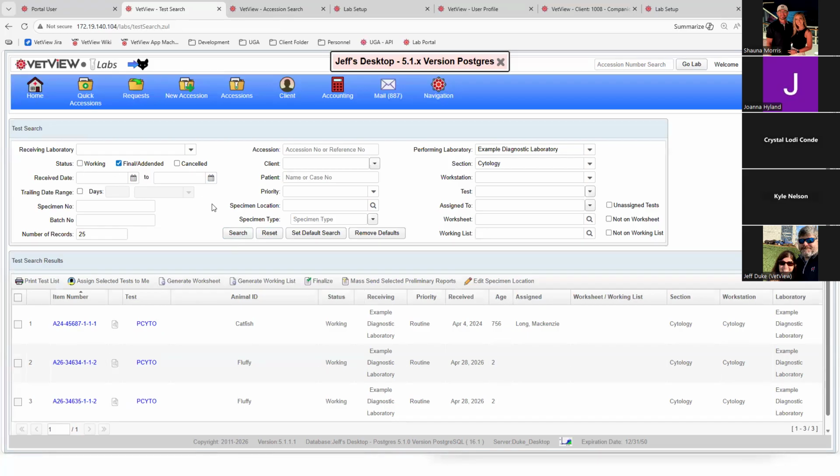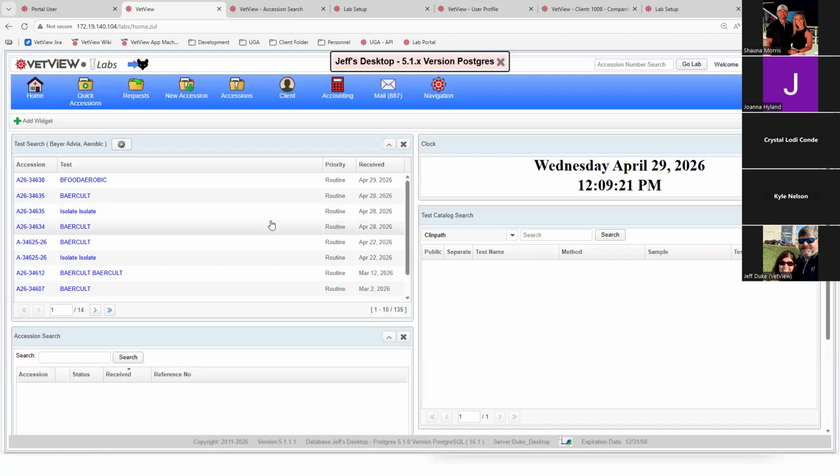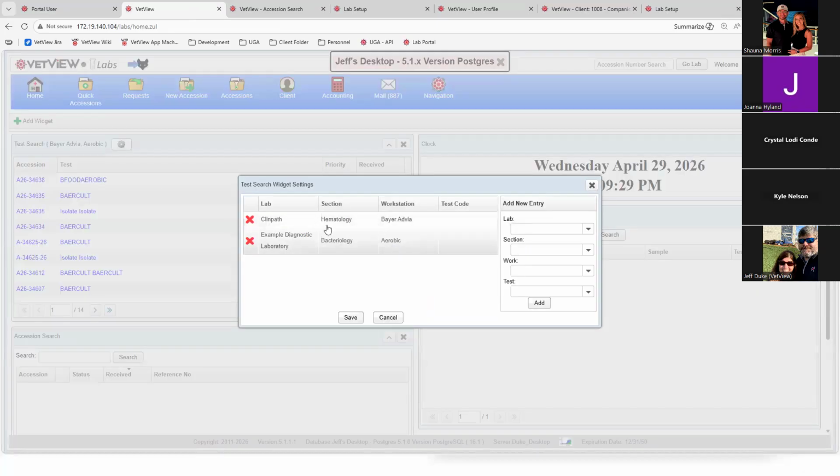So, Jeff, the widget would be another way to manage that. Yeah, true. Thank you, Shauna. Back on the home page, there's also a test search widget specifically that you can add. Each user can add to theirs, and in that you can actually assign which sections or workstations you want to monitor as well. So, going back to our example here, if I wanted to say I want to watch everything in